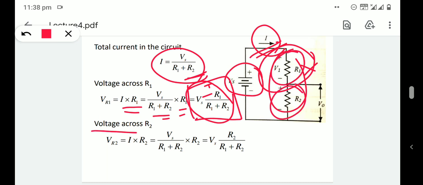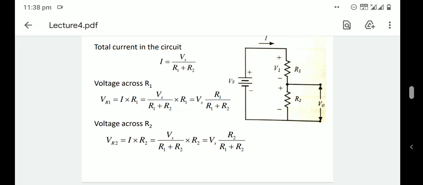Again, voltage across R2 can be given by this equation, Vs into R2 divided by R1 plus R2. That is what this equation means: applied voltage, whatever be the voltage available across that complete resistance, that is Vs. Okay, that is applied voltage Vs into